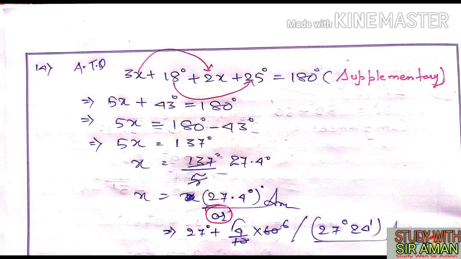As I have told you, both angles we will add and equate to 180 degree. How to solve? Many times I have told you. Variable with variable means x with x, number with number means constant with constant. Okay, so like this you can see x is coming 27.4 degree. It is coming in decimal. You can change degree into minute also. How? 27 degree is the whole part, the integral part, and 0.4 degree, so remove the point, 4 over 10, multiply with 60 because 1 degree is equal to 60 minutes, so 27 degree 24 minutes will come. Okay,